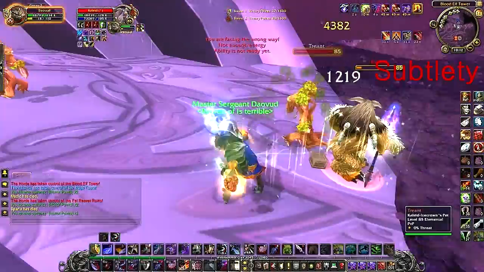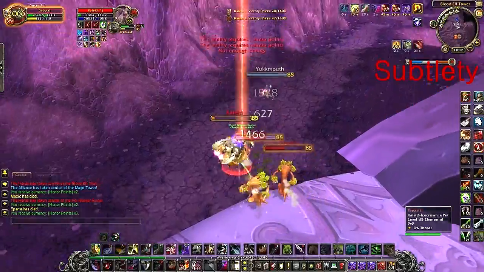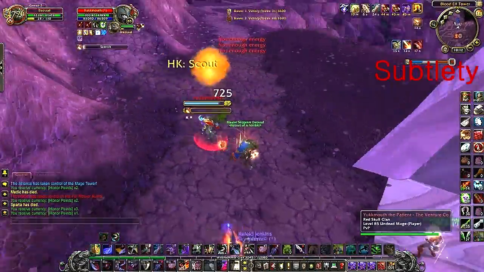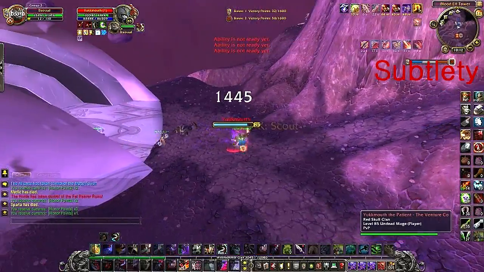I run it with Backstab. A lot of people run Hemo. A lot of the greatest rogues in the world will run Hemo. I just have a lot more fun seeing the massive damage from Backstab, but it's very positional, and that causes issues